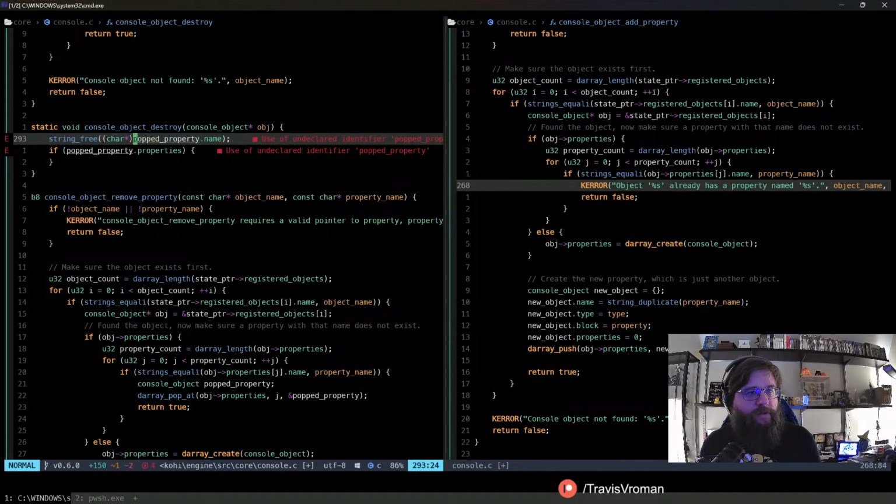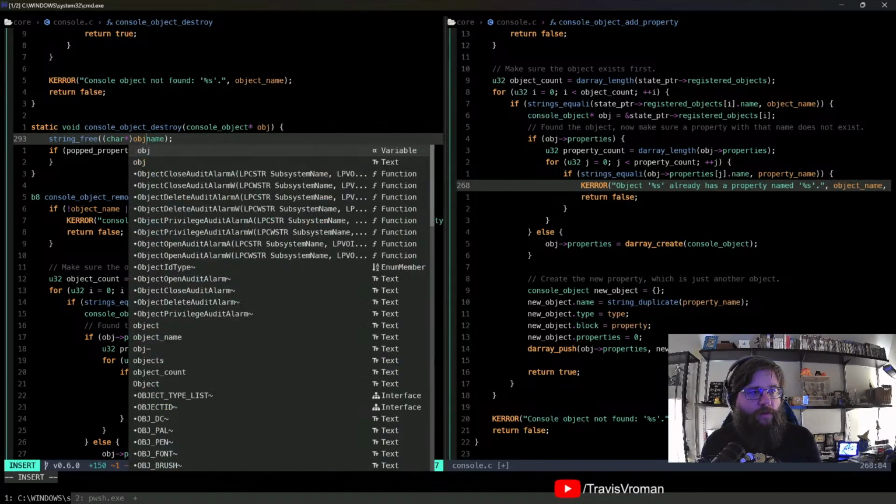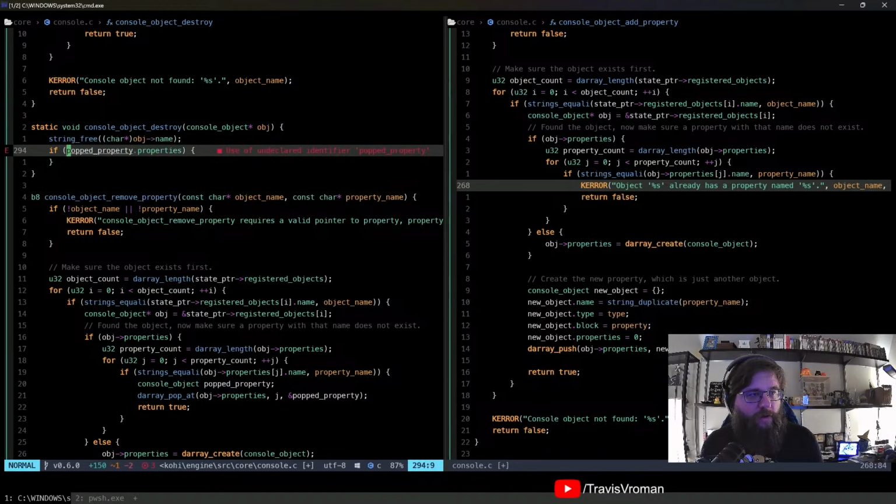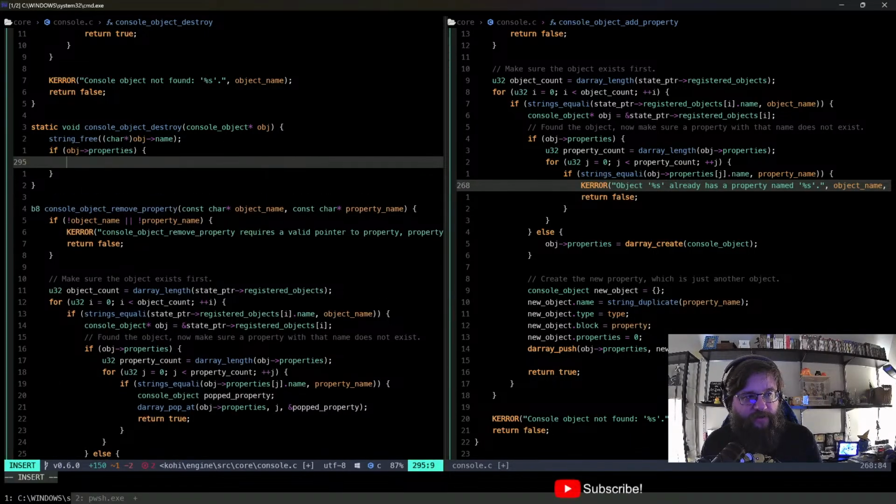We do want object name and object properties, right? And so if that exists, then we want to do a loop through that. So u32 length equals